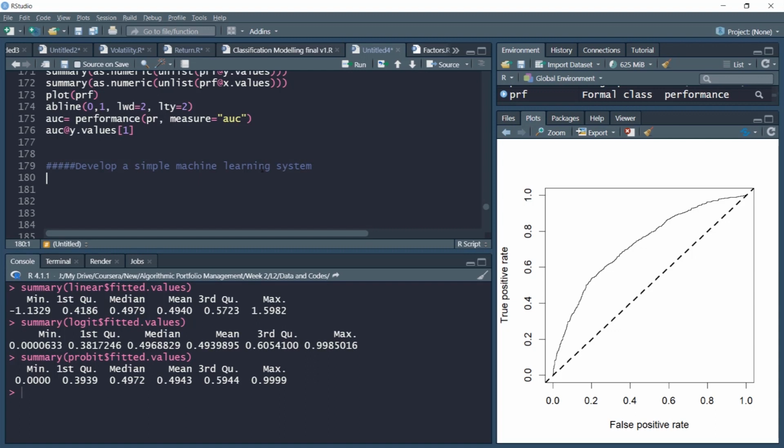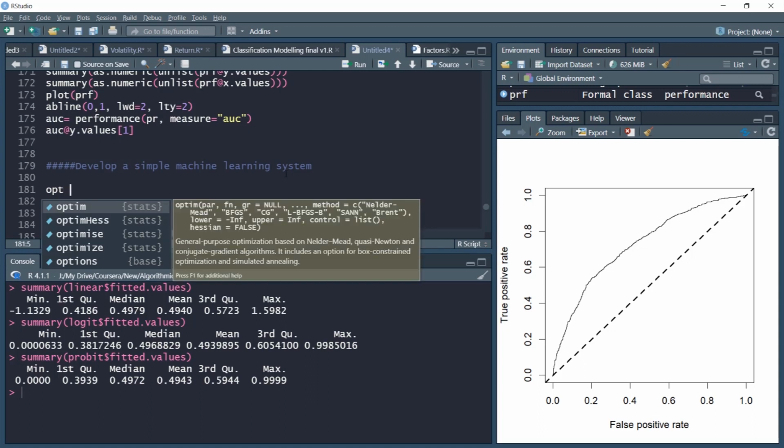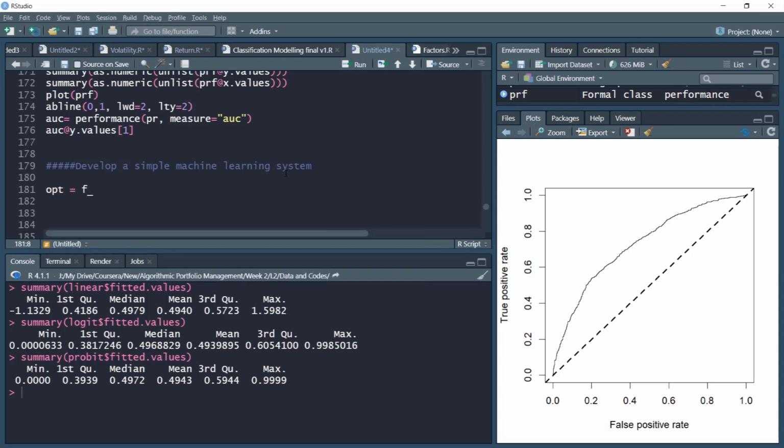Very often we would have heard of a cost function to be minimized in the context of machine learning algorithms. In this particular case, we'll talk about a simple performance function which we'll try to maximize. The idea here is to develop a well-suited performance function for these classification algorithms, and see which one of these algorithms helps us maximize the performance function. So let's call this performance function OPT for optimize,